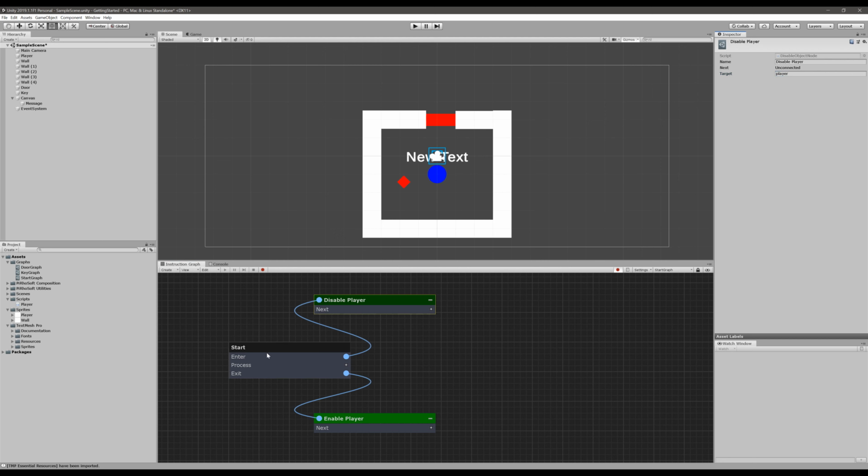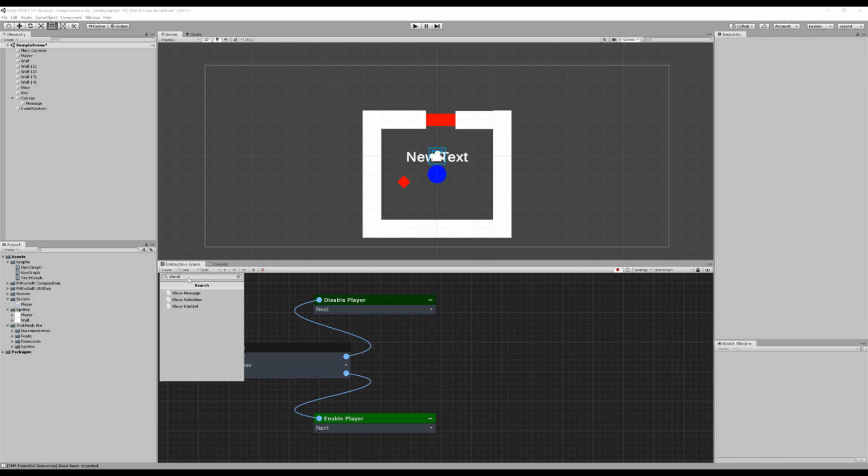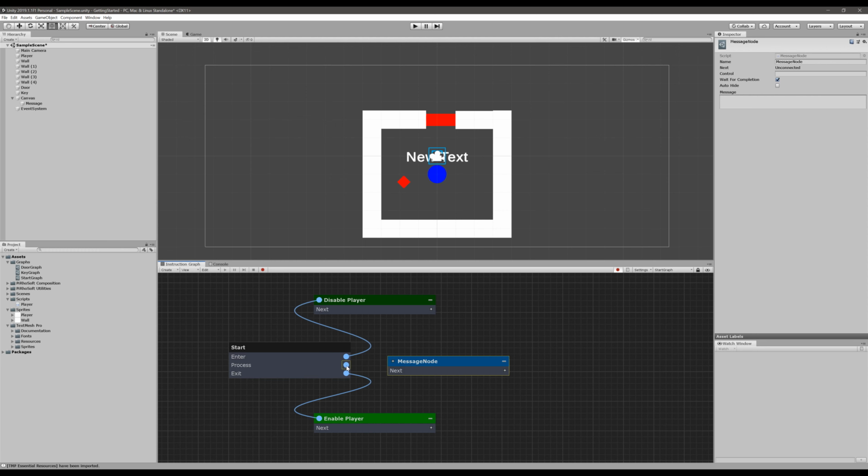So now our start graph will run this node, and then it'll run our process, and then it'll run our exit. So let's do something in the middle. We're going to show a different message. Just a message that starts right at the beginning. That's start message. And like we did before,